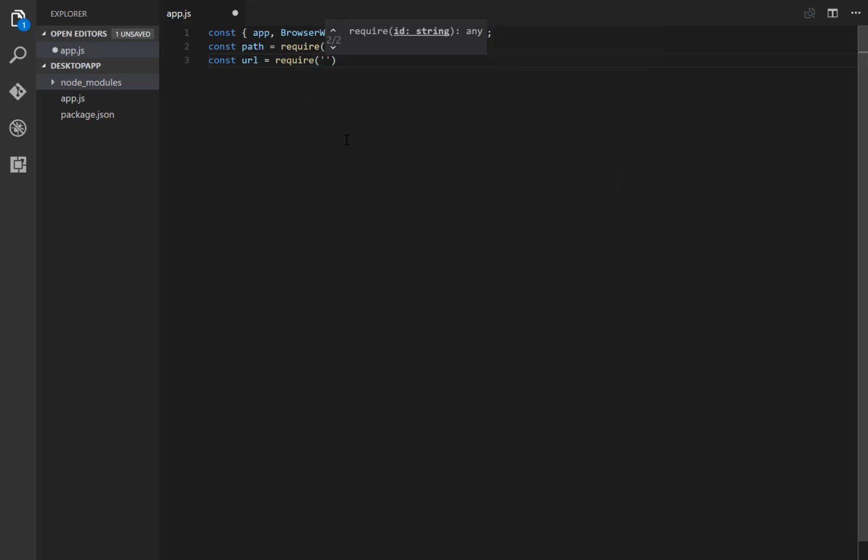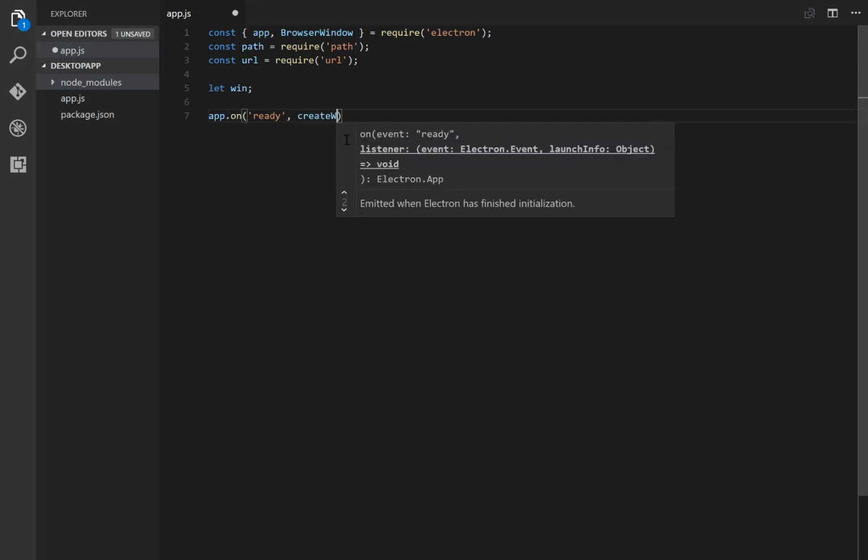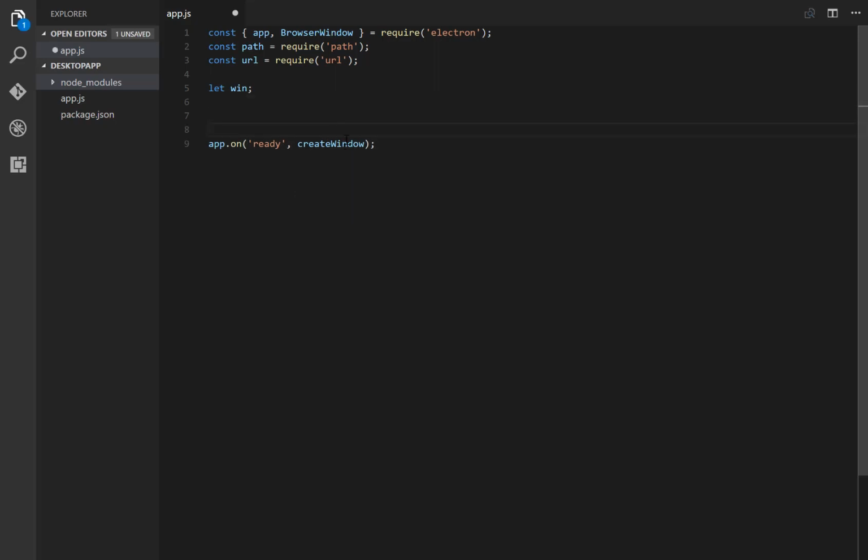Now there's multiple ways to do this and start the app, but I'm going to show you a way that I really like, because it's a function and you can run it whenever you want, not just when the app starts. Okay, so let's start by doing app.on('ready'). When the app is ready, we're going to call createWindow, which is a function that I'm going to create in a second. And here let's start that function, createWindow,